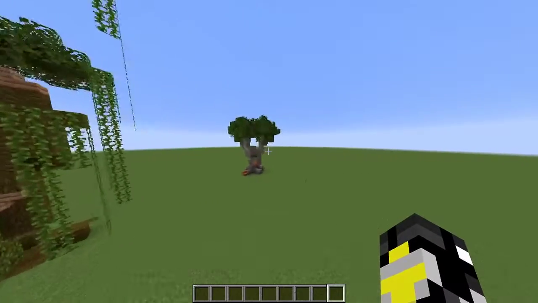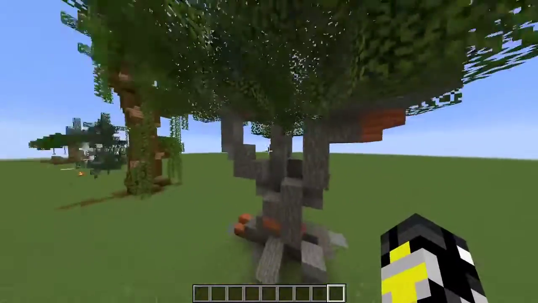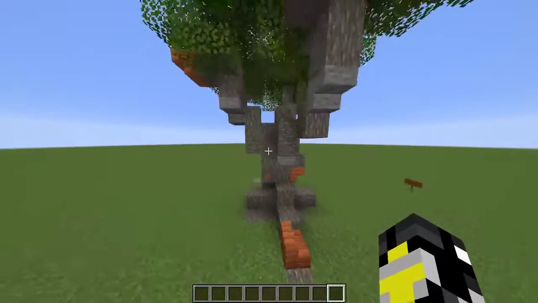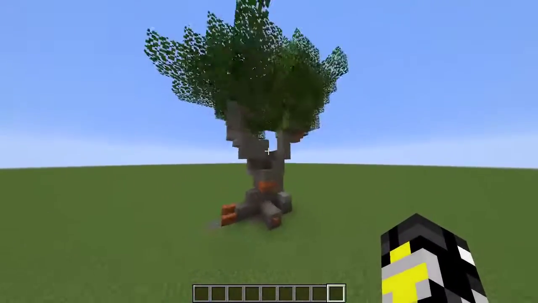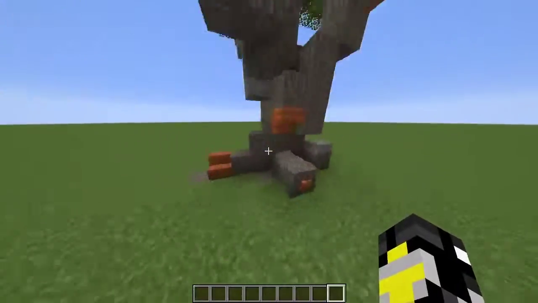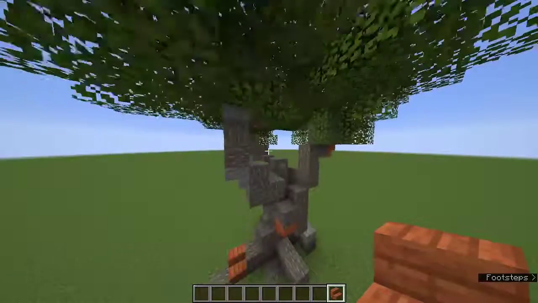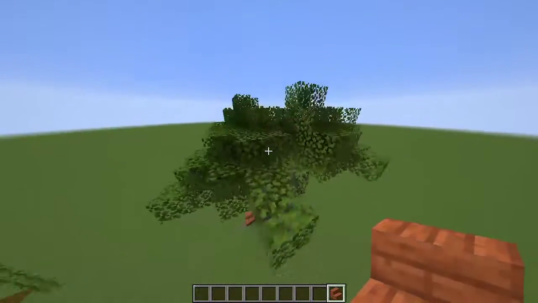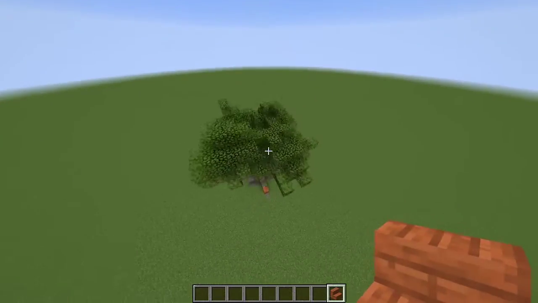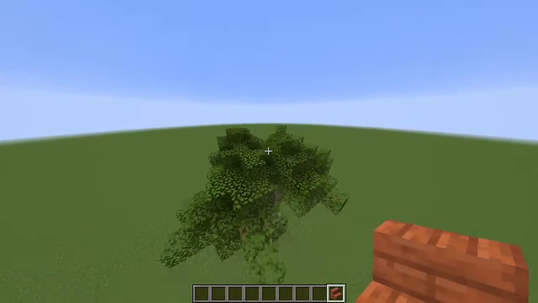Lastly, one of the more interesting ones is my acacia tree. This acacia tree is similar to the original, just a little thicker and a little better. I made a thicker stump while integrating stone and acacia stairs to add some more variation. The leaf structure is more of a disc with a couple of different points on top of the disc to add